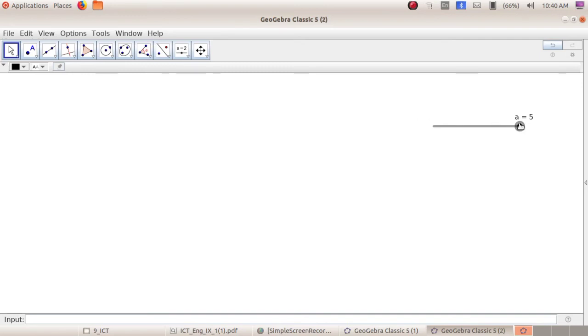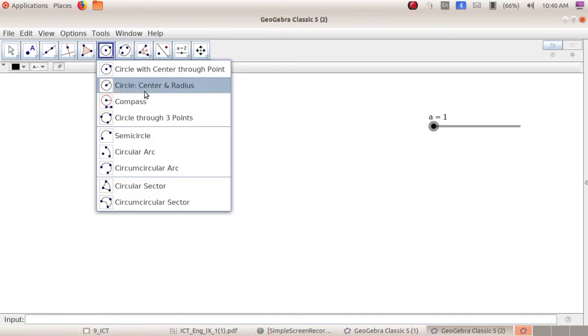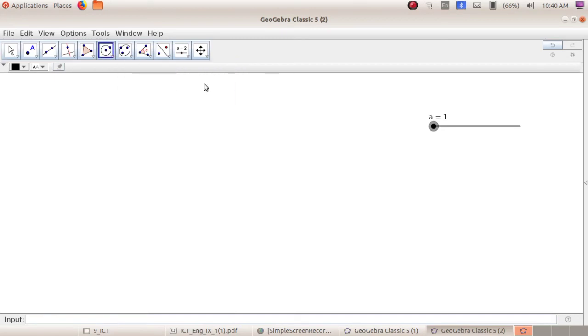These are the values for A. A means the radius, number means the radius of the circle. A indicates the radius. Now select the circle with center and radius tool.